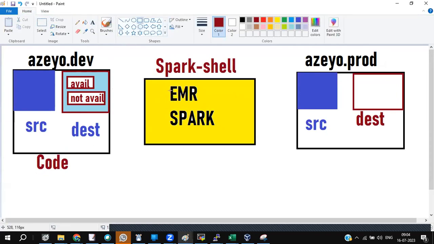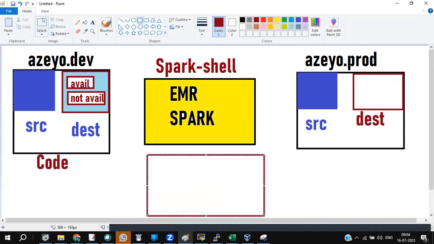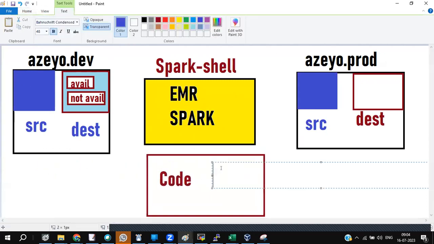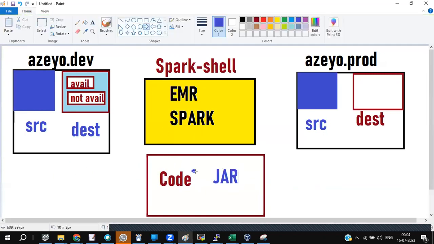Now, what my boss is asking, hey, take that code first and export it as what? Tell me. Export it to jar. Convert it into jar. And take this jar to the same dev environment and run it.